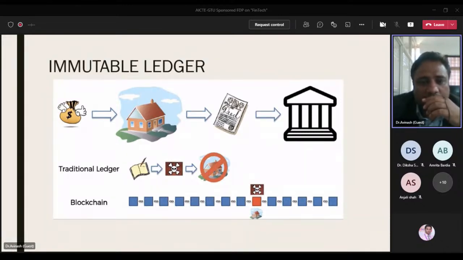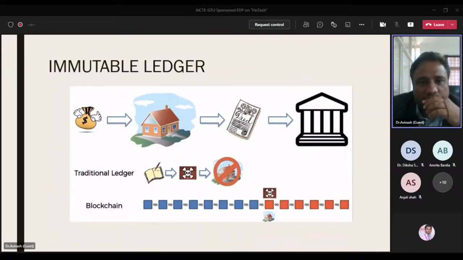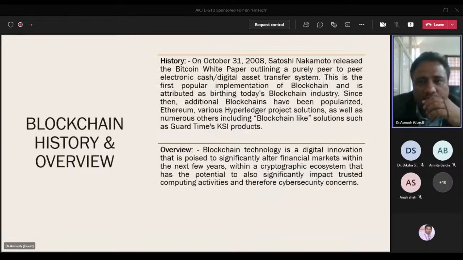We see that in a traditional ledger we can modify the records later on, and we can play with the trust of the different people. So this is the problem with the traditional ledger, and that's the reason blockchain comes into the picture, where once written into the ledger it cannot be changed. This is the immutable ledger concept, and this is the history of the blockchain, which has already been told